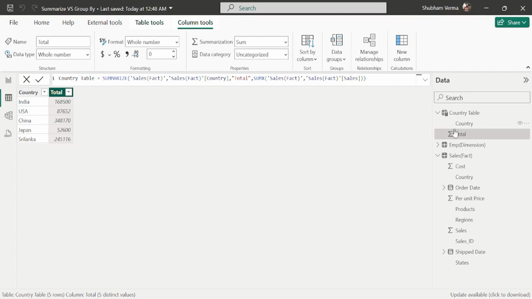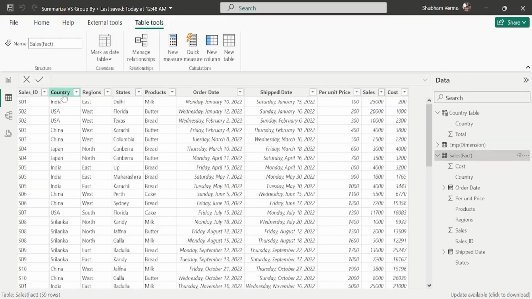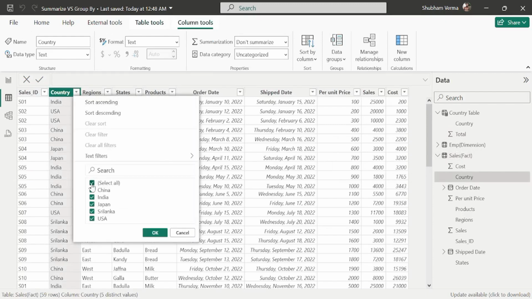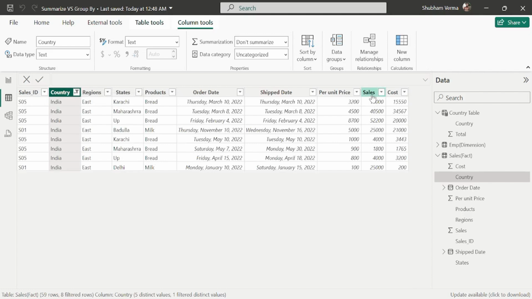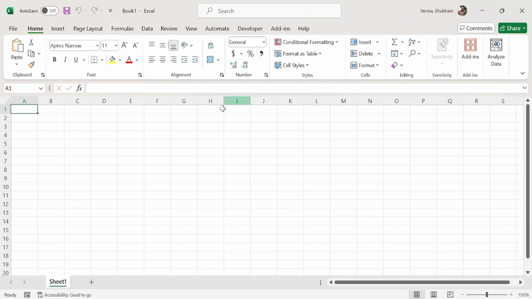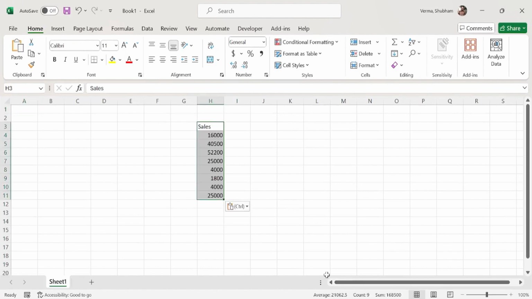So what I will do, guys, let me go here under this sales table and simply filter only one country. So I am filtering only India. Just select this value and hit OK. So this is the total sales of India country, guys. Now let me copy this column and paste it here into the Excel. Control V. So see guys, the total sales of India is